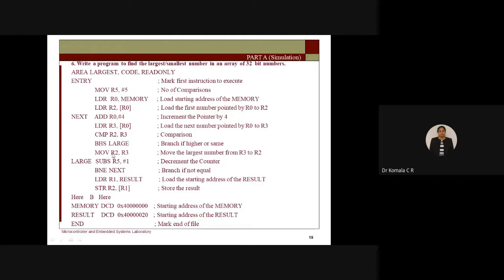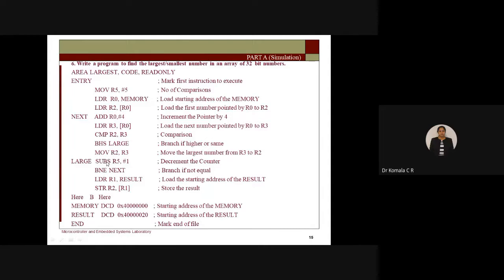So what do I want to do now? I want to exchange. Whichever is the bigger number, I want to take it to R2, since I am basically comparing against R2 only, right? What is there in my R3? 33. I will take it to R2, so I can continue with the next comparison with whichever is the greater number. The result of the first step is that the greater number is 33, which was in R3, and I have loaded it to R2. So now R2 is holding the result of the first comparison, which is 33.